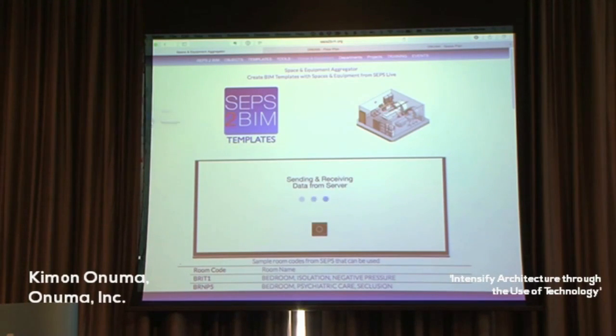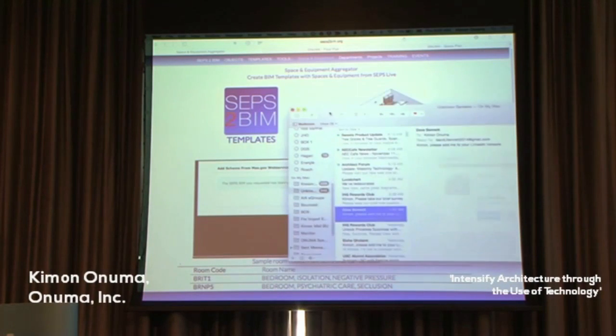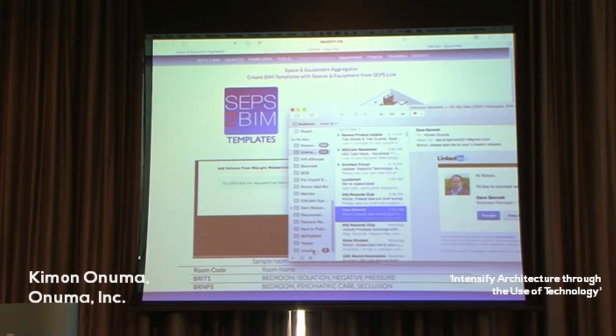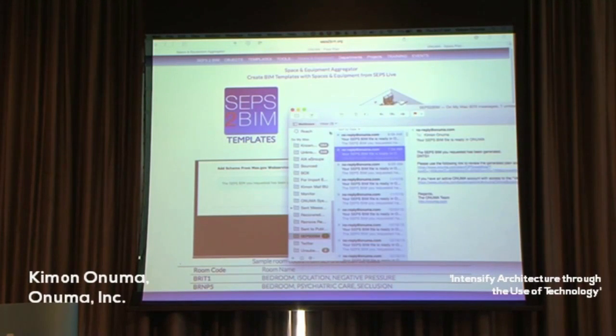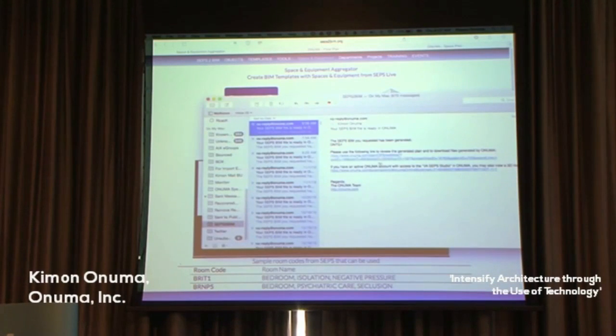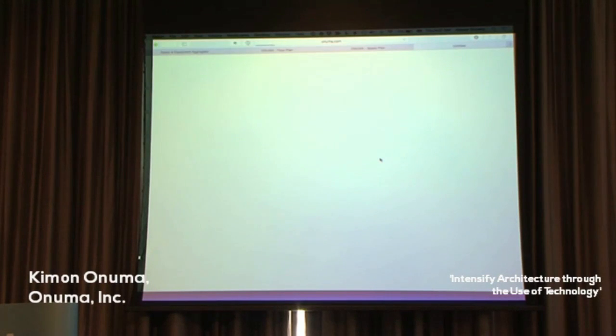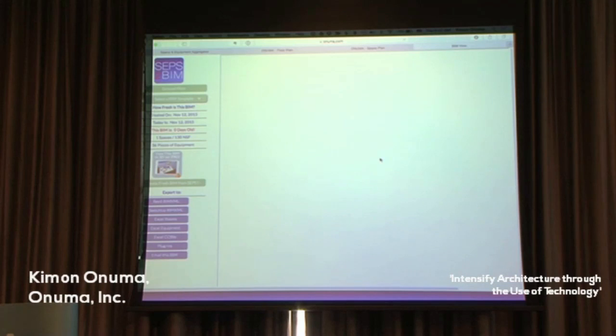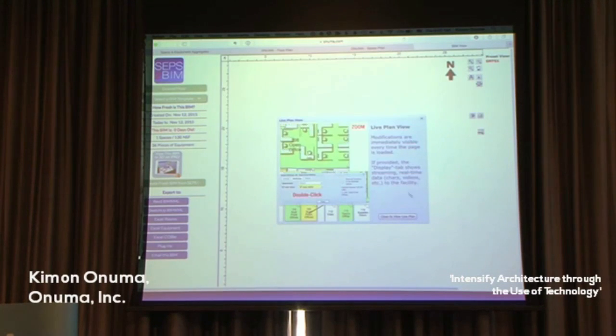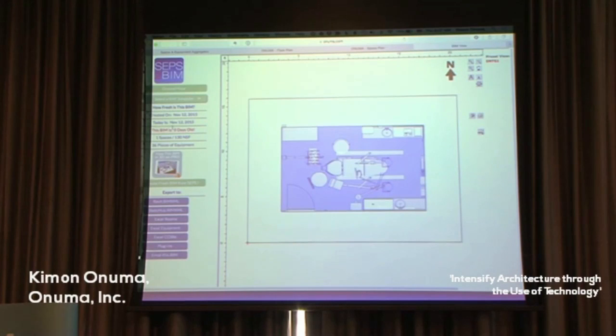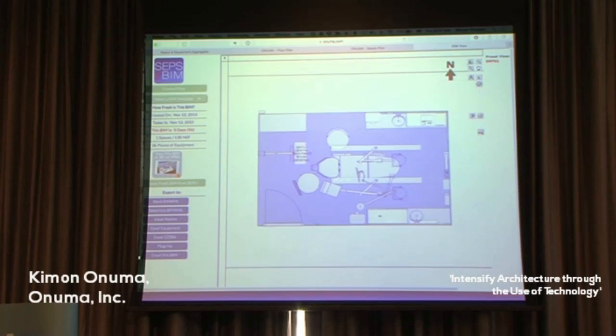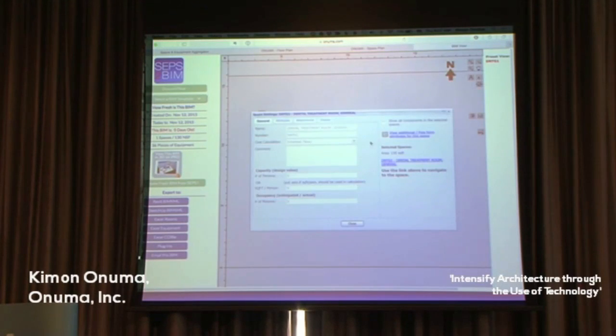Let's see if I'm actually, maybe I'm not on the web anymore. Yeah, there we go, just came in. Yeah, so I got an email, created it. If I click on it on my iPad, it'll pull up on the iPad. But I click on it here, it basically launches a web viewer. It's, again, a free utility. We put a date stamp on there to show how fresh that BIM is, because if it's a month old, it might be outdated. But this is a live BIM built from their data with equipment in it that has